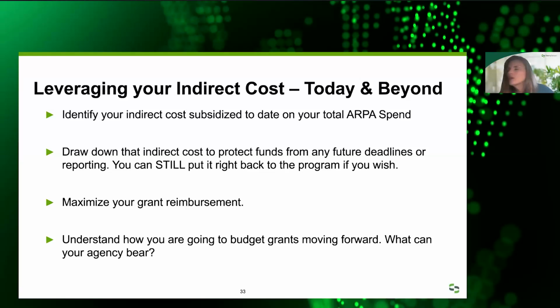You can completely, sorry, I had some noise in the back. Anyways, so you can completely leverage those dollars back into the program and spend $5 million back on the remaining amount of the program. But that 3 million you wouldn't need to report on. If you reach 2026 and you haven't spent all your dollars, that $3 million isn't tied to the indirect cost. So again, it's an opportunity for you to protect those funds, reduce the administrative burden, but that's the